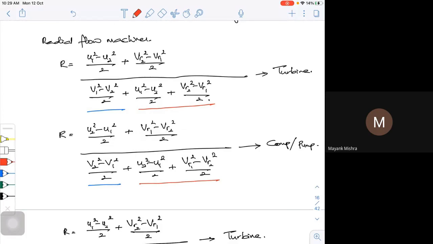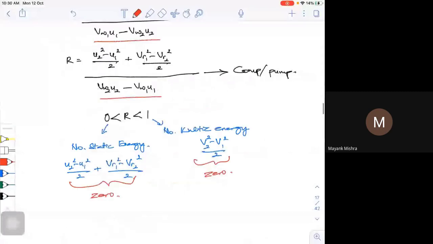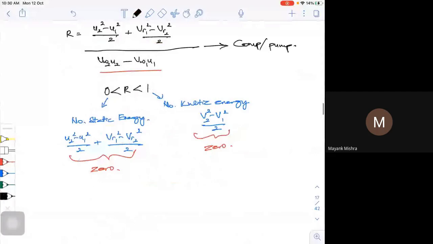That means I need some amount of energy to have the movement. The movement is given mainly because of the kinetic energy. That means it's very difficult to have an R is equal to 1 machine, because there would be only static energy. So a pure degree of reaction, that is R is equal to 1, is ruled out. It is impractical. I can have R is equal to 0.8, that means I do have 20% of kinetic energy.